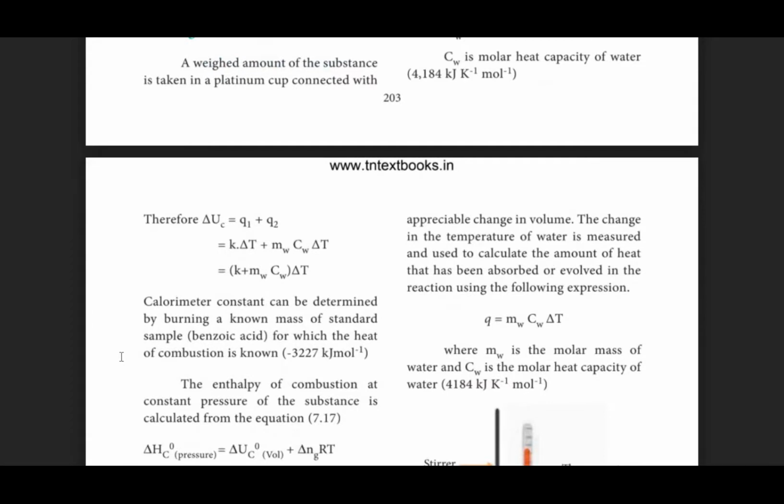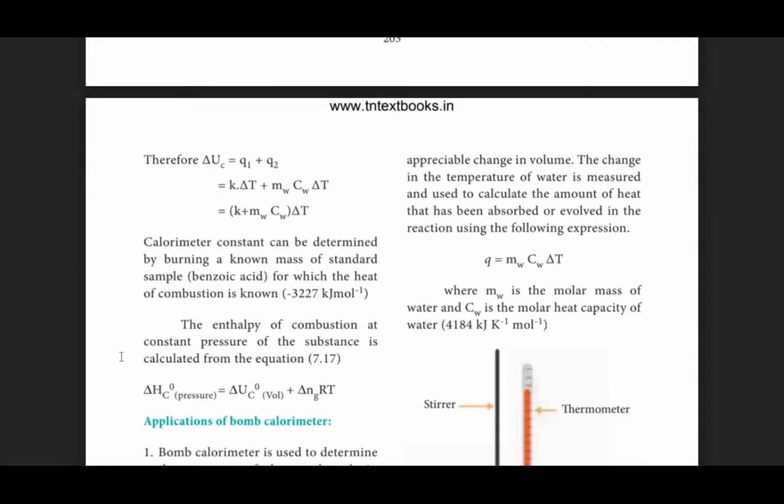By using the equation delta UC is equal to Q1 plus Q2, you will get K into delta T plus MW CW delta T, that is K plus MW CW into delta T, because delta T is the common term for both. The calorimeter constant can be measured by burning a known mass of a standard sample. For example, we are taking benzoic acid, for which the heat of combustion is known as minus